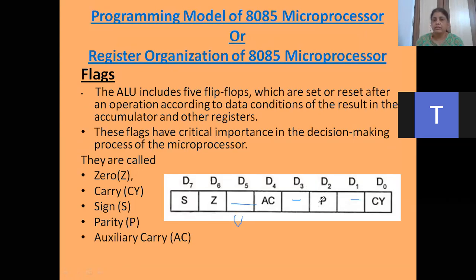In some books it is written with U, unused bit. And in your exam an MCQ is also there, that how many unused bits are there in the flag register. So 3 unused bits are there in your flag register. Actually every processor has different flags, मतलब number of flags. Just like आगे अब आप जैसे पढ़ोगे 8086 के flags पढ़ोगे, 16-bit प्रोसेसर के फ्लैग्स पढ़ोगे और 32-bit प्रोसेसर के फ्लैग्स पढ़ोगे. तो in that 16-bit प्रोसेसर है तो उसका फ्लैग रजिस्टर भी 16-bit होगा.